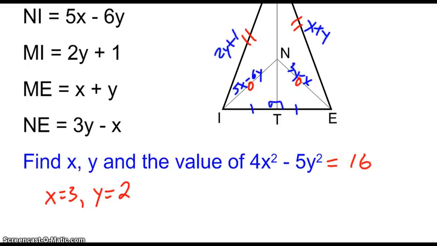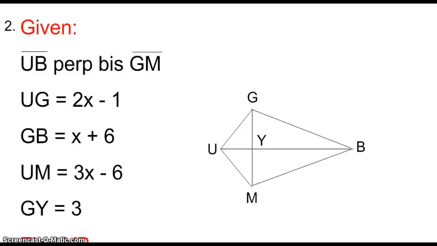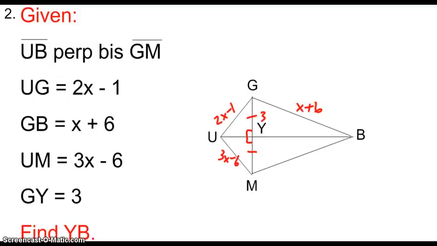Moving on to the next example. Here we're given that UB is the perpendicular bisector of GM, so again, perpendicular and bisector. Go ahead and pause and then please label everything else on the left-hand side on your diagram. Okay, so now that everything is labeled, again, going back to the fact that UB